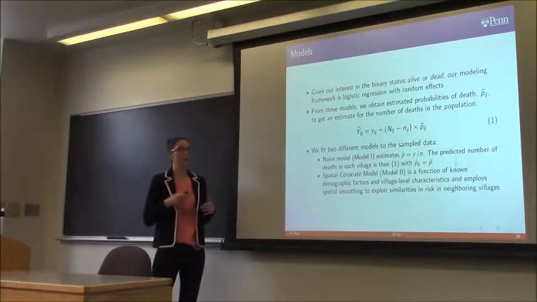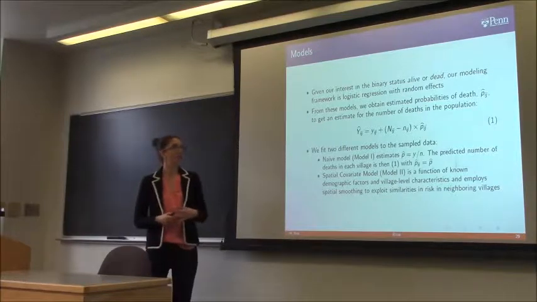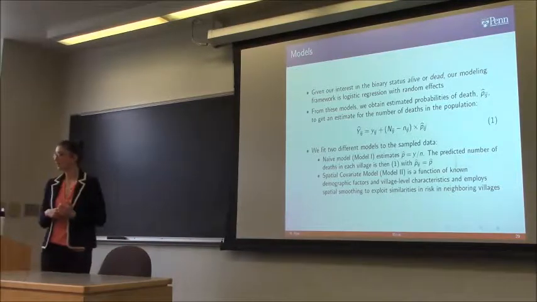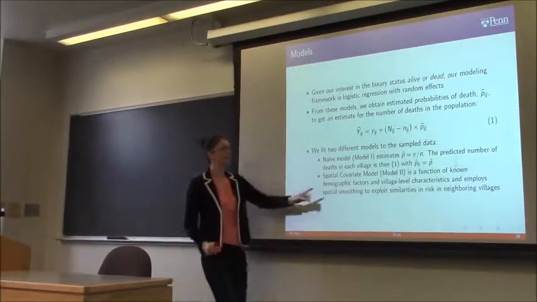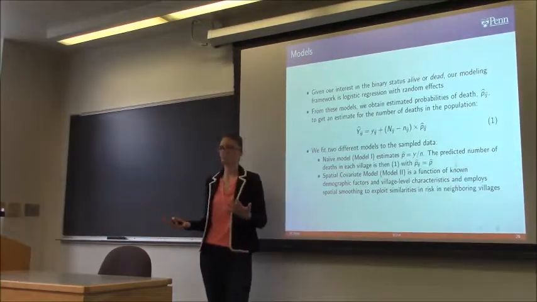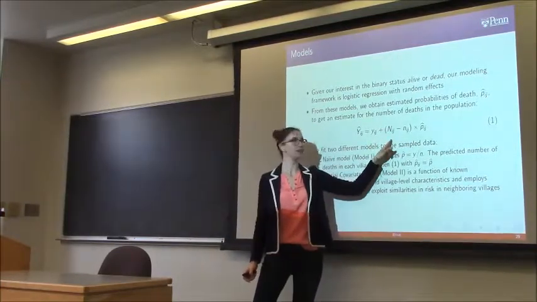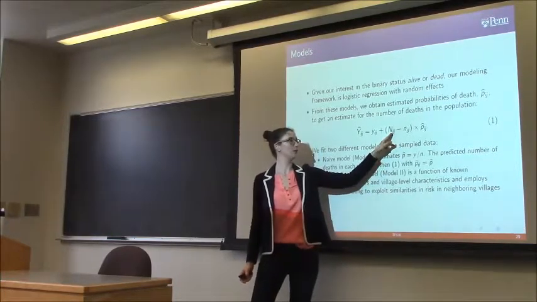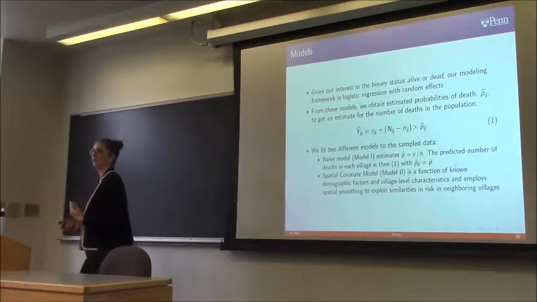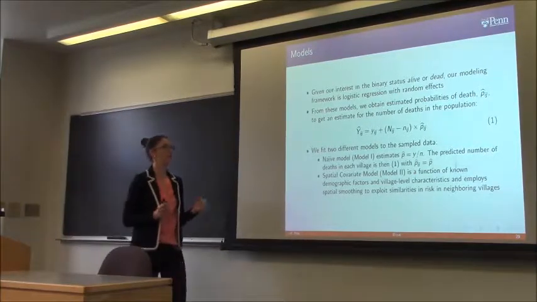Okay, from the models what we're actually getting is not the number of people who died, but the probability of death. And so how can we then use that in order to obtain an estimate for the population number of deaths? Well, we know that it has to be at least as big as those deaths that we have observed. And how we guess at the remaining number of deaths that we didn't see is through this second piece here. I just take the number of people that I didn't see, so that's the total number of people in the population minus the number I've sampled, and multiply it by my estimated probability of death. Okay? And we're going to get estimates for those probabilities in 2 different ways.